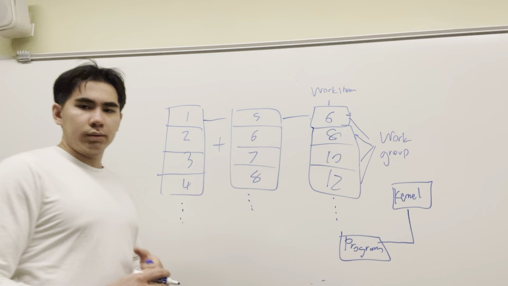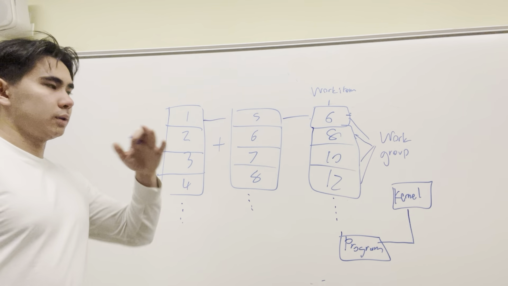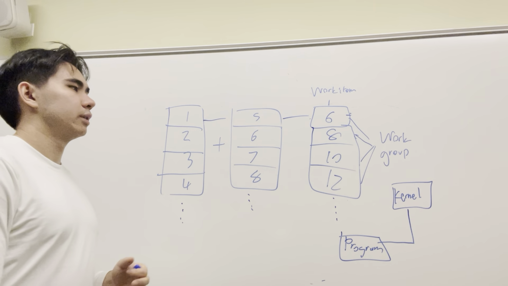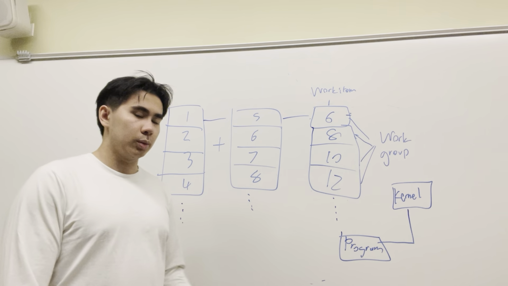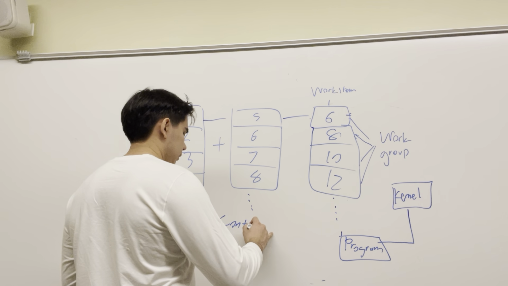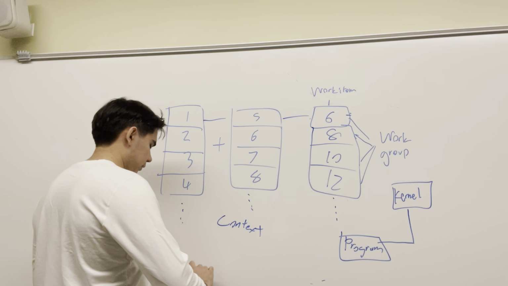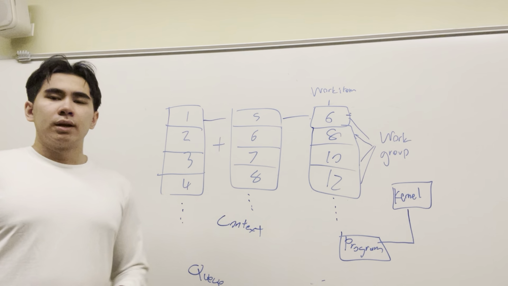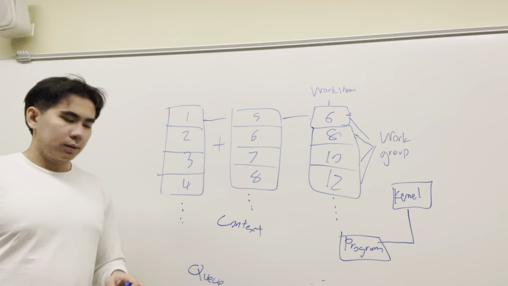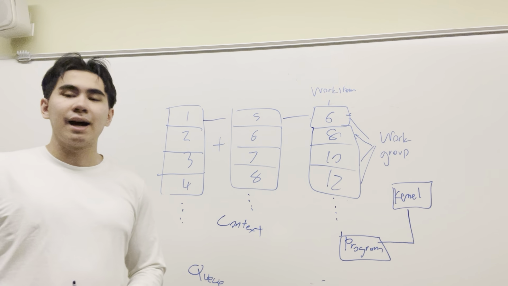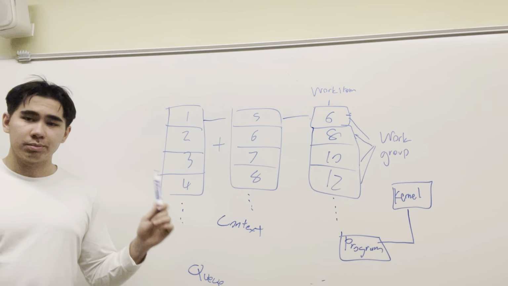The two high-level organizational topics involved in this are going to be the context and the command queue. Context. Queue. If you want to think about this in terms of cooking, just as a preface,